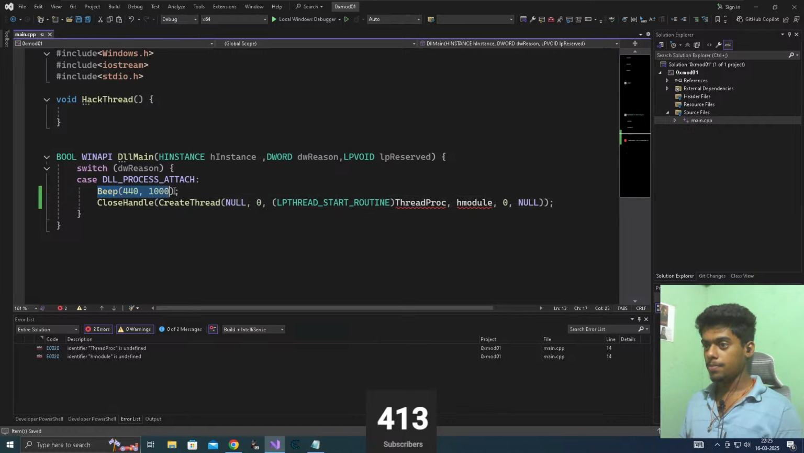So I've created a beep sound over here just as an indication that we are trying to load that, or the DLL has been loaded successfully. After that, I'm closing the handle to this particular process, and then I'm creating the handle to this particular function which we need, right? So instead of head prop, it will come as the head color. Now,